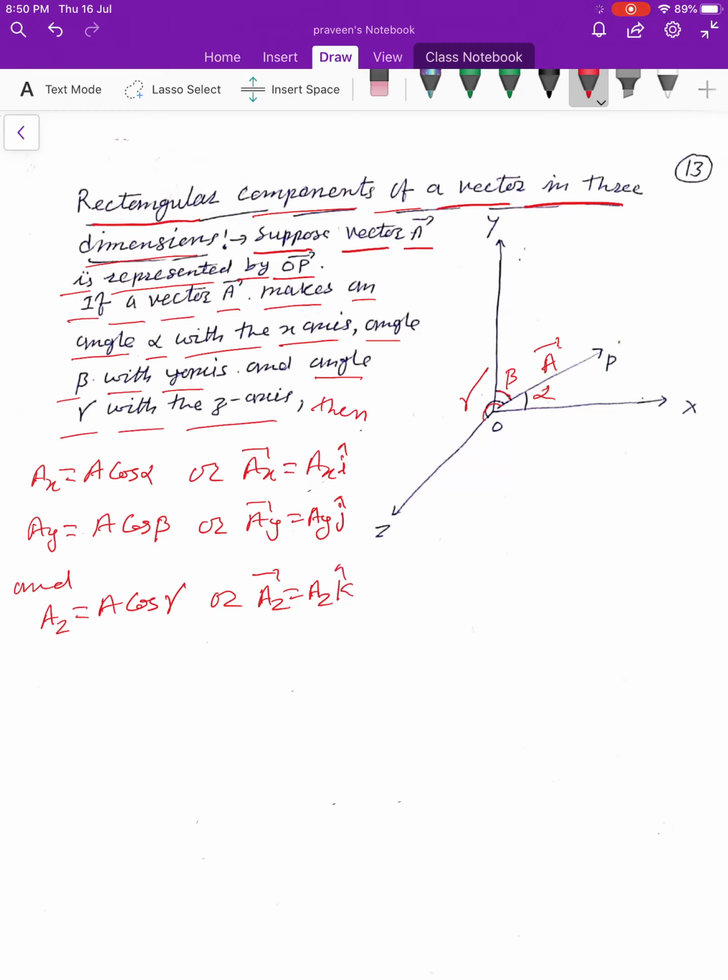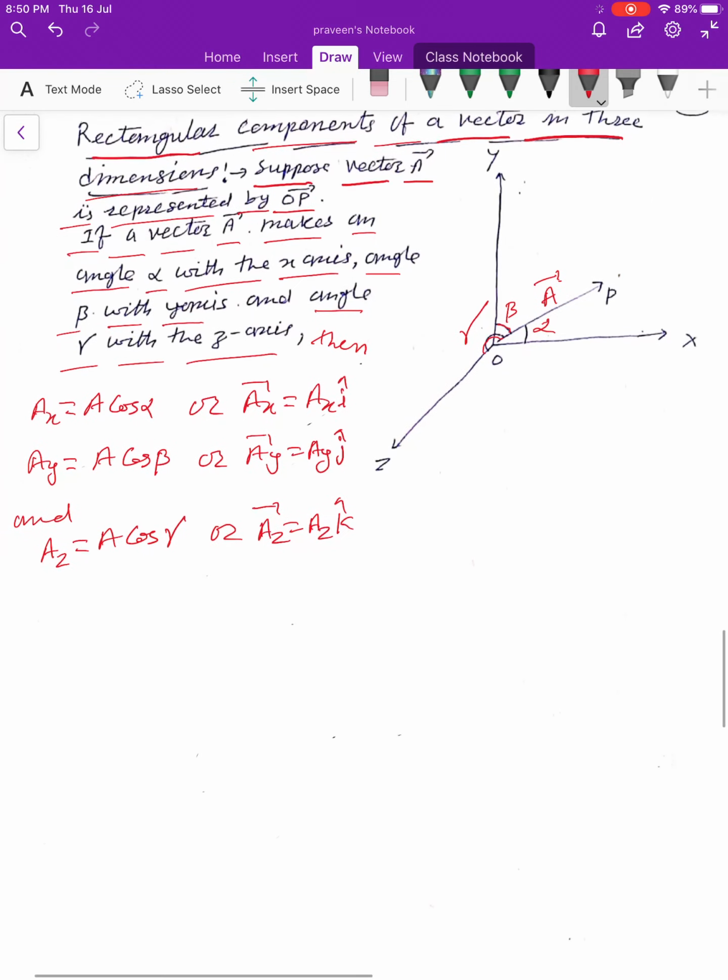Here i cap, j cap and k cap are unit vectors. In 3 dimensions we can write vector A is equal to Ax i cap plus Ay j cap plus Az k cap,